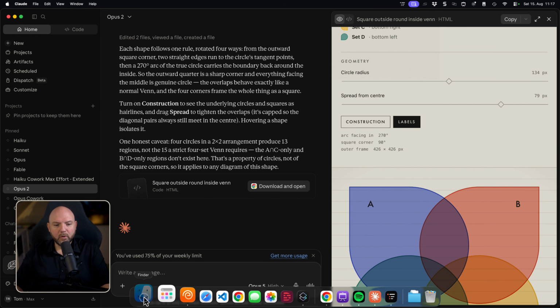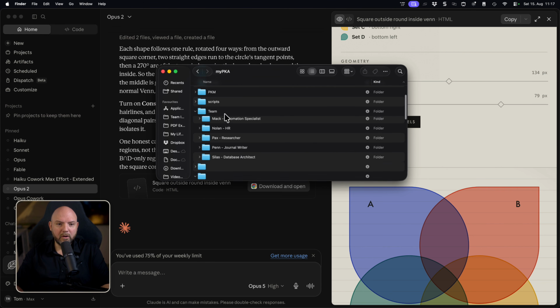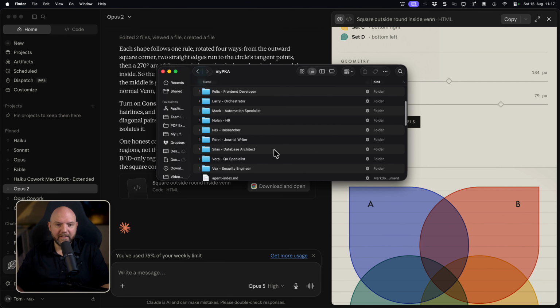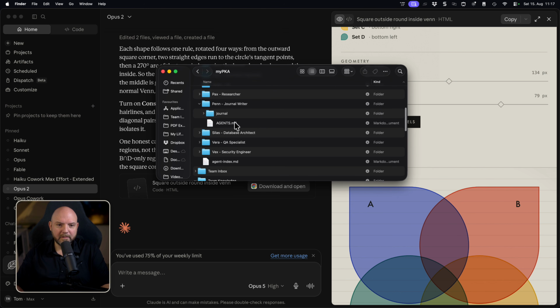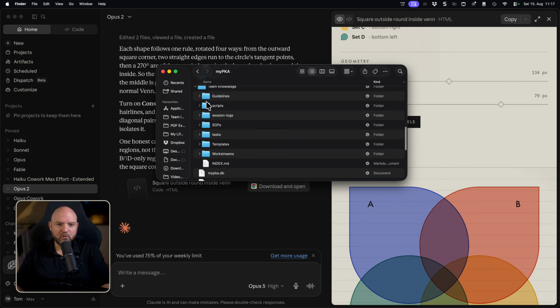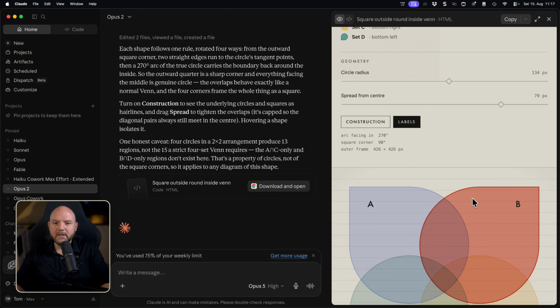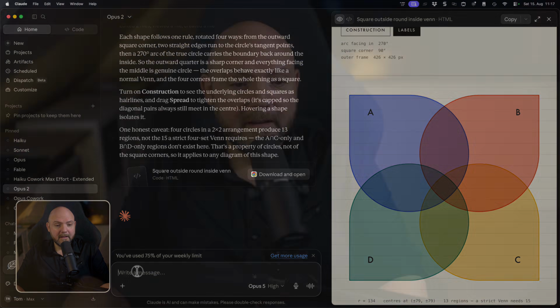Because how this works is when I have an expert for Venn diagrams, Larry will look into the team, search for the expert for the Venn diagram, and inside these experts, they have an agents.md file, and this is just pointing this expert to the documentation here to read the SOP about how to create a Venn diagram, the mathematics behind it, the insights from the previous sessions where we got to this point. So I would keep iterating with one model until I have it as it is. And then I tell the team, create now a documentation out of it.